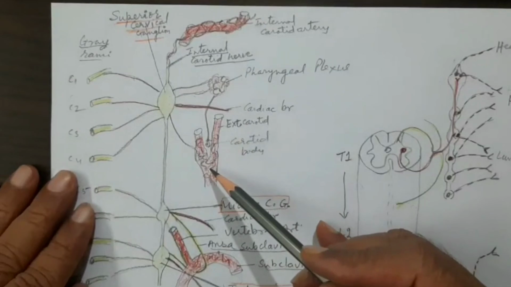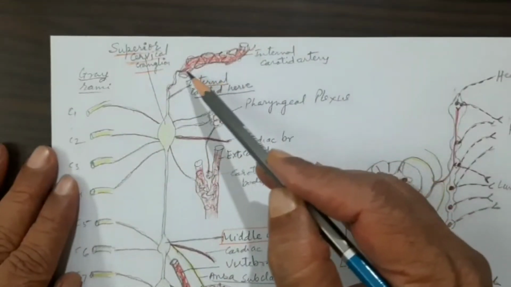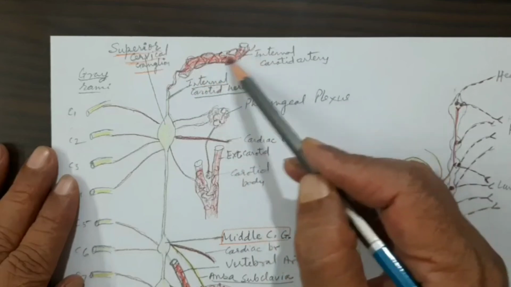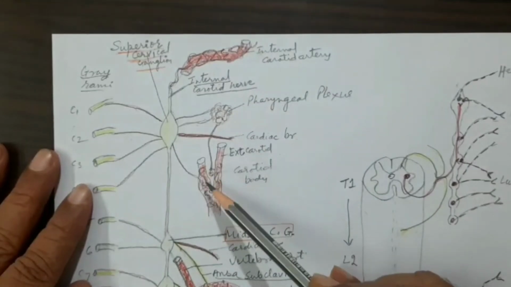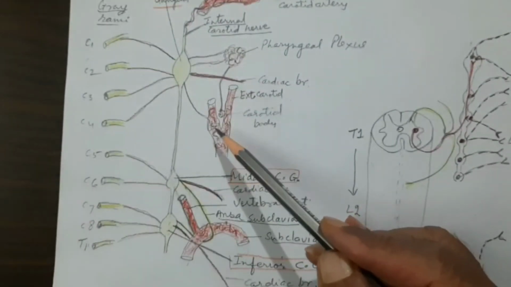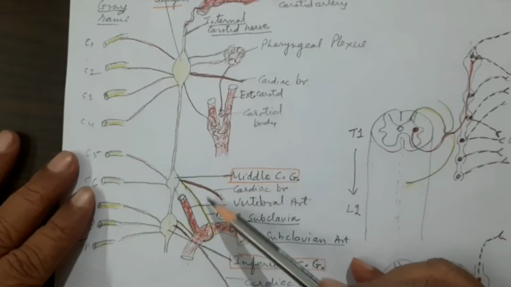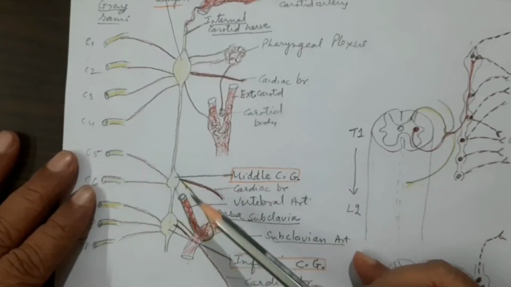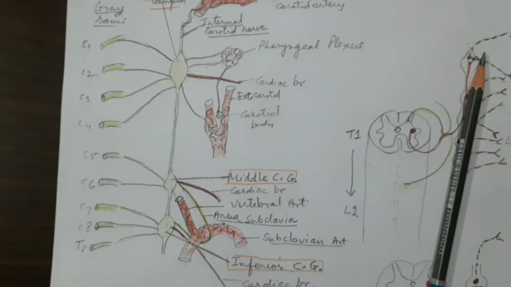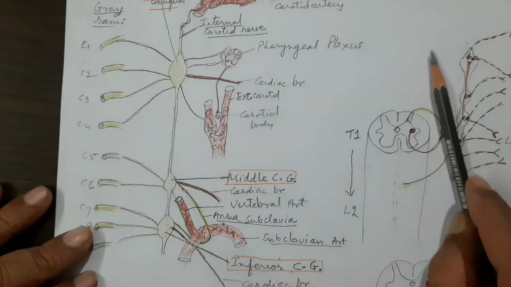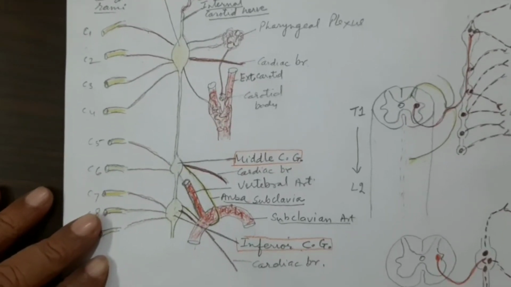So everywhere we have seen that whenever it has come in contact with an artery, say the internal carotid artery as it lies in the carotid canal or in the cavernous sinus, there is a plexus. Then there is a plexus on the internal and external carotid at its bifurcation. Then there is a plexus on the inferior thyroid artery, on the vertebral artery, on the subclavian artery. As I said, this is the easiest way by which the sympathetic nerves, which are very delicate, are distributed to their destination, going on the surface of the blood vessels, that is arteries.